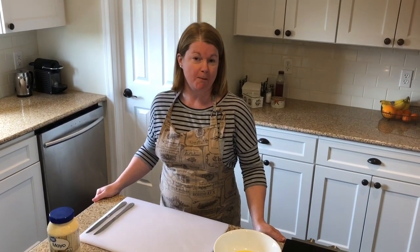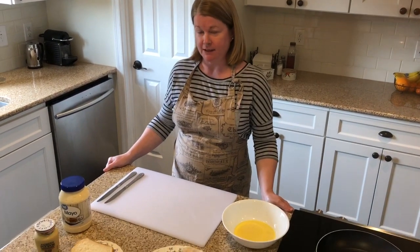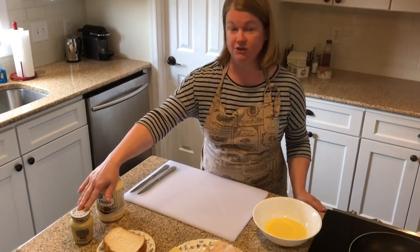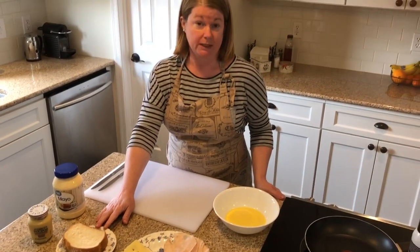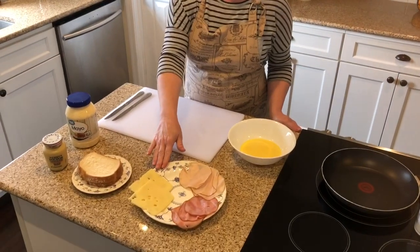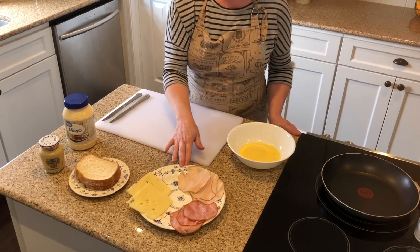Alright guys, today I'm going to make a fan favorite, the traditional Monte Cristo sandwich. To make this sandwich, you're going to need a few items. You need mayonnaise, Dijon mustard, 2 slices of quality bread, whether you like white or wheat, it's up to you, 2 slices of Swiss cheese, 3 slices of deli ham, and 3 slices of deli turkey,